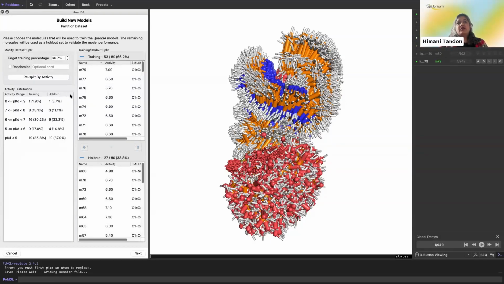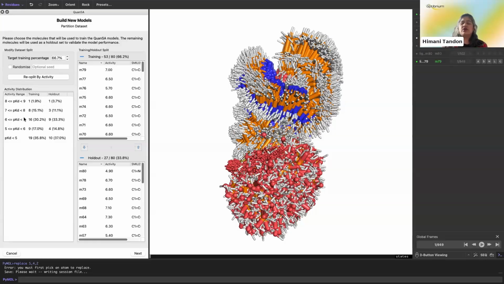The first step that QuanSA would do is to split your data into training and holdout sets. There are different strategies that you can use. Here I'm using the strategy to split about a third of the data into training and the remaining data into holdout. Another thing that the plugin also shows you is the range of activity distribution amongst your training and holdout set, and you can actually see the number of compounds in each activity bin for your data.